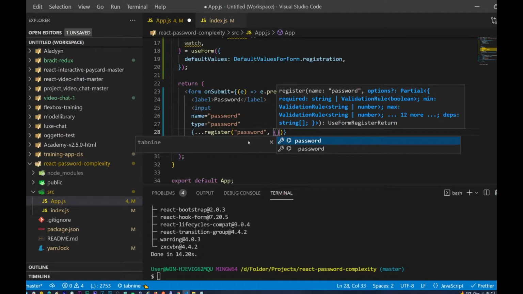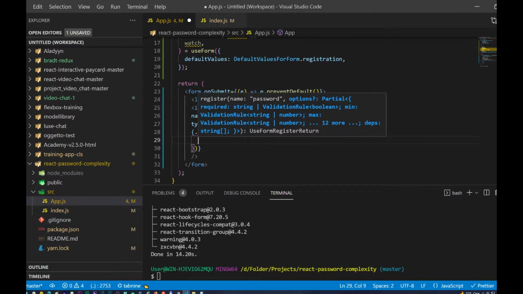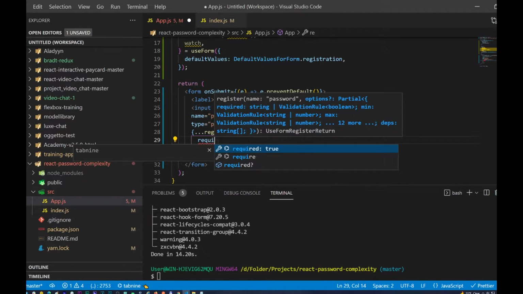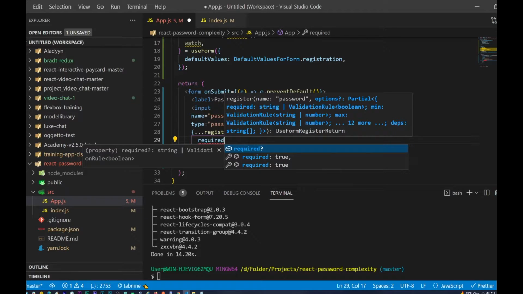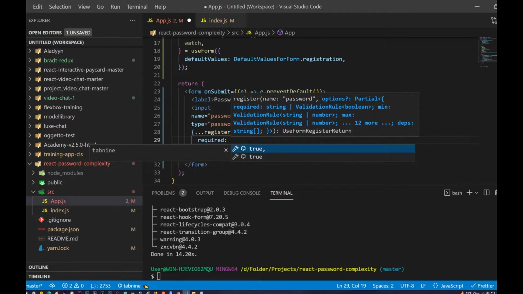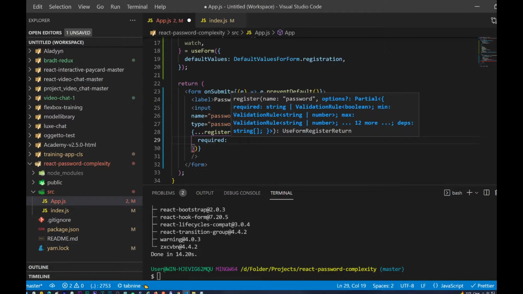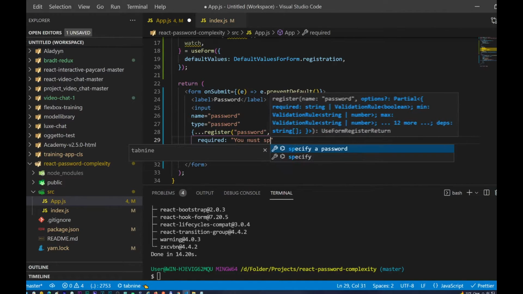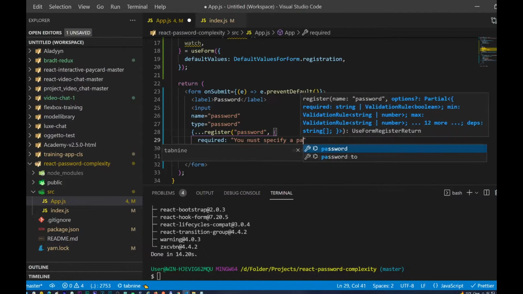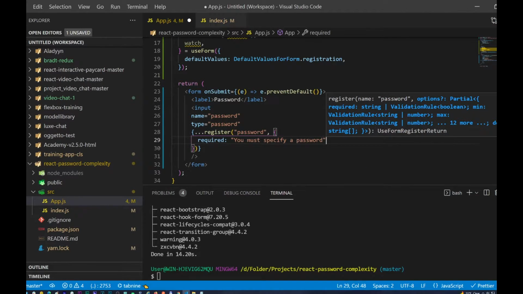So inside the curly brackets I just need required, and in here we can just place true, but in our case I want to do a custom required message. So you must specify a password